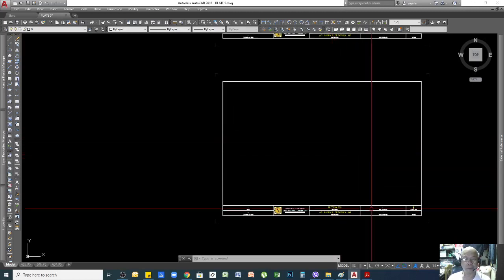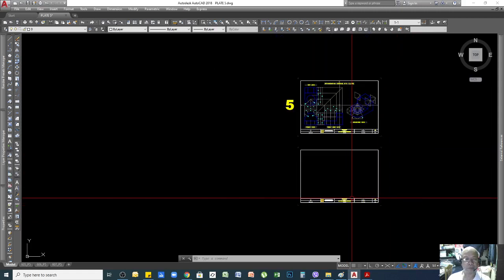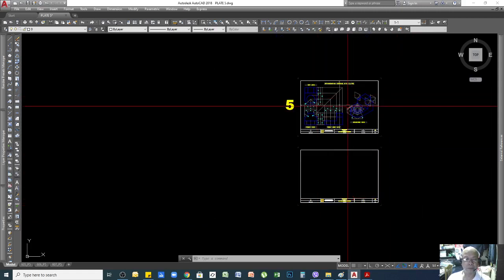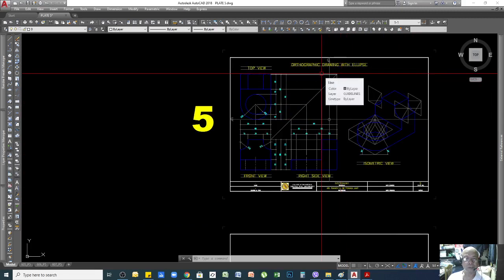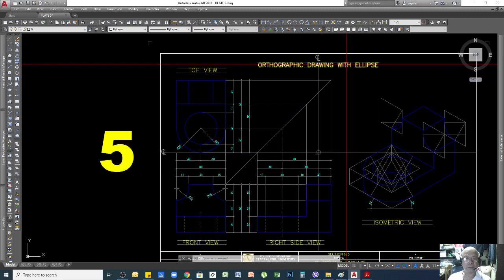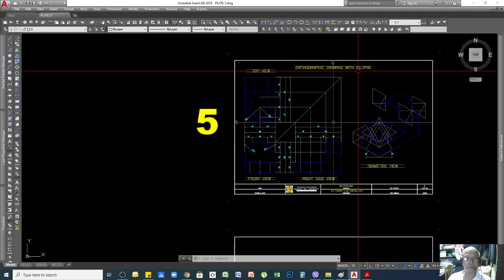For today, it will be your plate number 5, and I'll be demonstrating how to do this in the fastest way. In fact, your plate number 5 is similar to your plate number 4, which is orthographic drawing with ellipse.